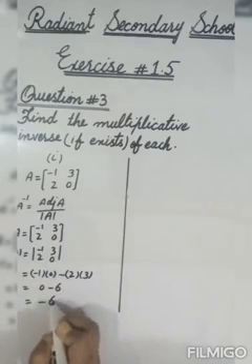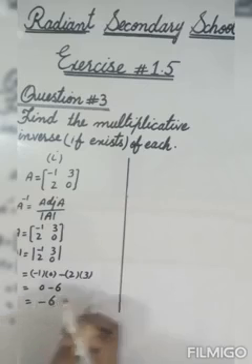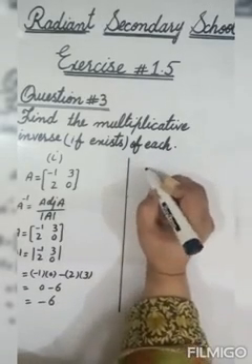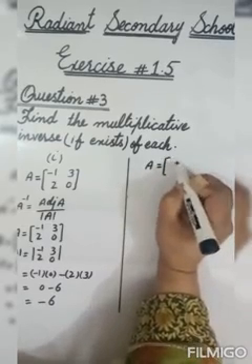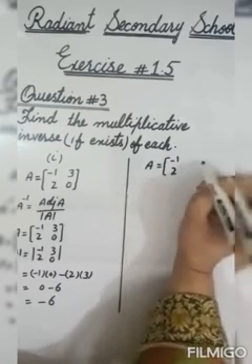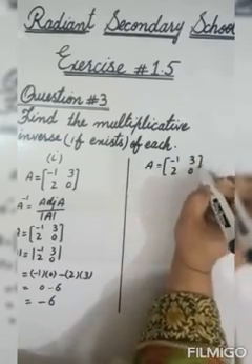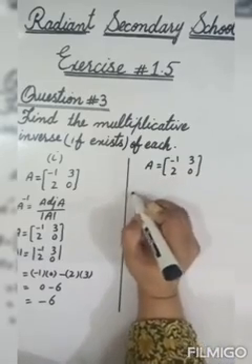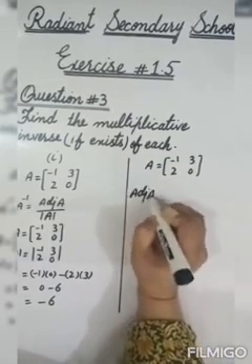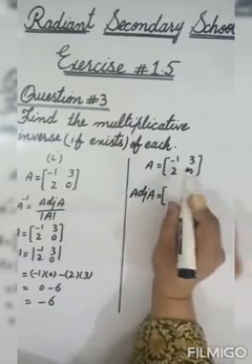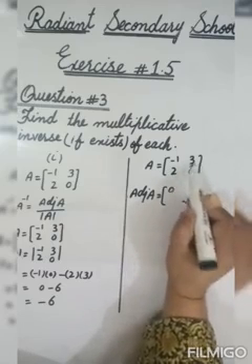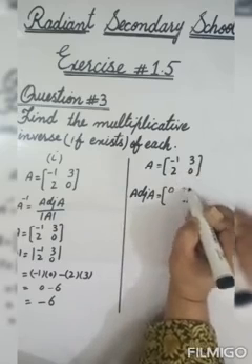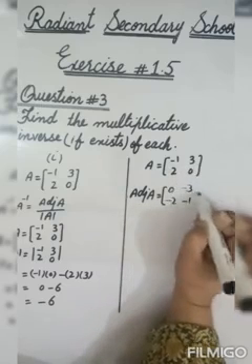It means it is a singular matrix and we can find out the multiplicative inverse of matrix A. So for this, now we want the adjoint of matrix A. A is equal to minus 1, 2, 3, 0, and the adjoint of the matrix is equal to, we have to change the place of the diagonal entries and it goes to 0, minus 1, and we have to change the sign of the rest of the entries, which goes to minus 3, minus 2.